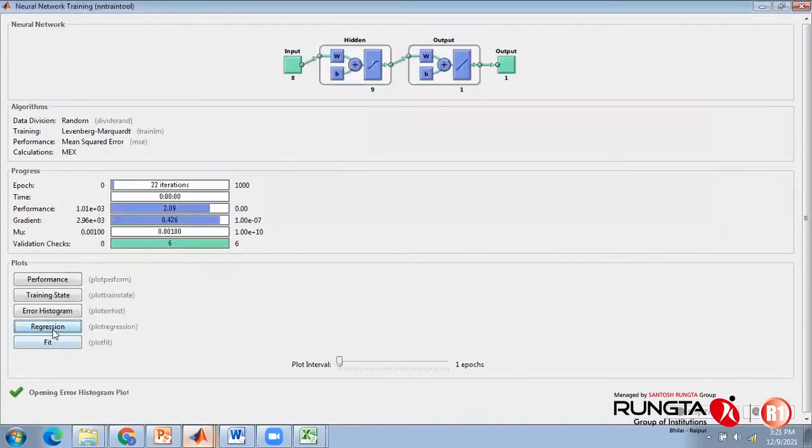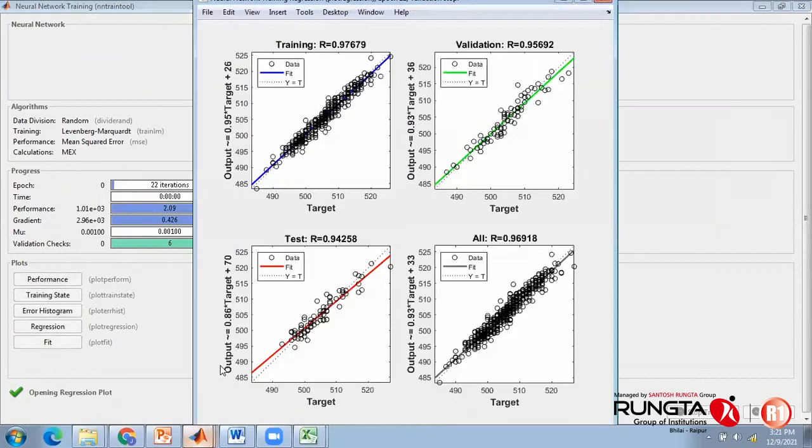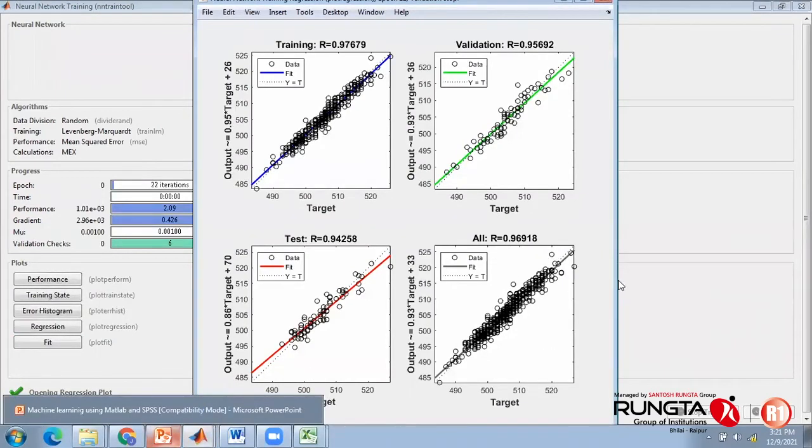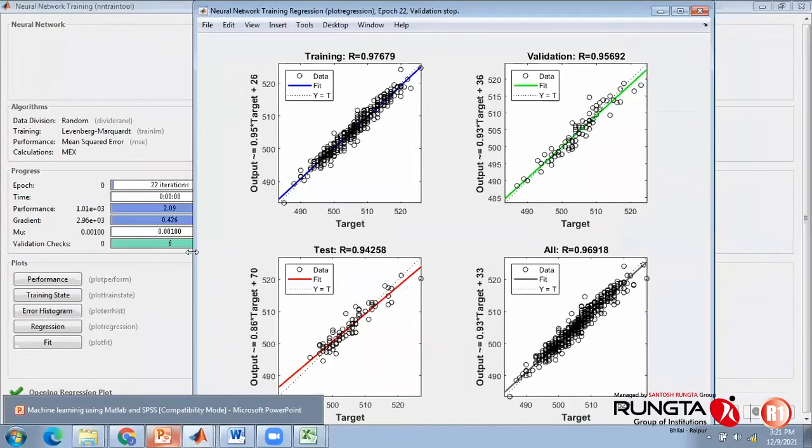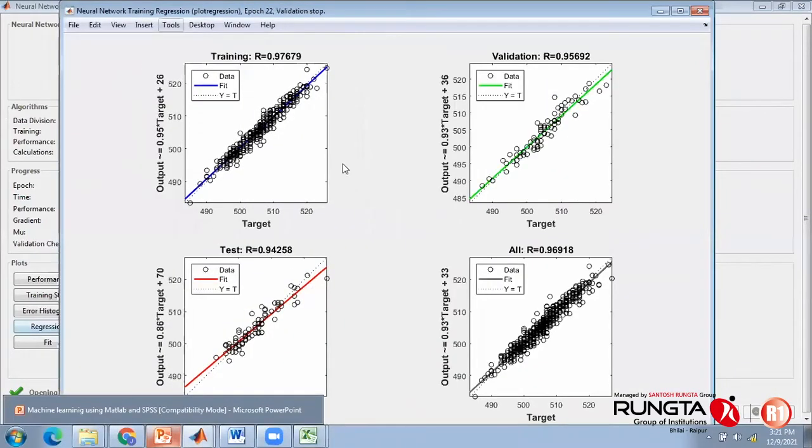Next is the regression, R value. So if you can see the depiction here, then training, validation, and testing sample and overall R. Sometimes in a research paper, you can provide all these three also, and then overall R. So training 0.976, validation 0.956, and testing 0.942. Closely associated, that means the neural network is not overtrained. Overall R is 0.969, which is pretty okay, not a problem. It is very much acceptable, practically on a higher side.